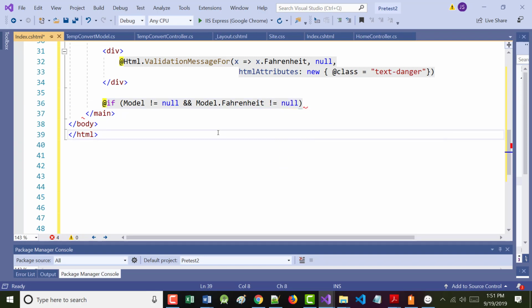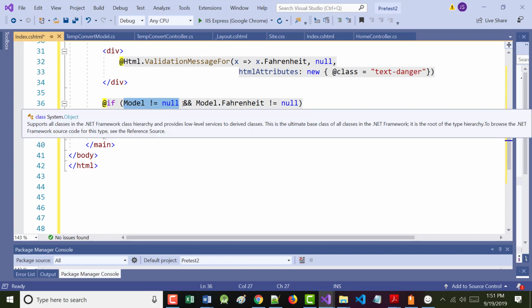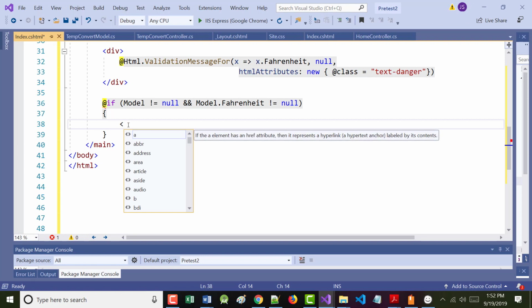All right, we're going to add something to that in just a second. Okay, we're going to put in curly braces and a line or two in there. But the point is this. This is saying in English, we have put something in there that is of the right format. Remember, our only input is Fahrenheit. So it's saying, did we put something numeric in there? If we didn't, that'll be caught. If we leave it blank, that'll catch that. So if one of those things happen, if either it's invalid or no input, we're going to put in here,